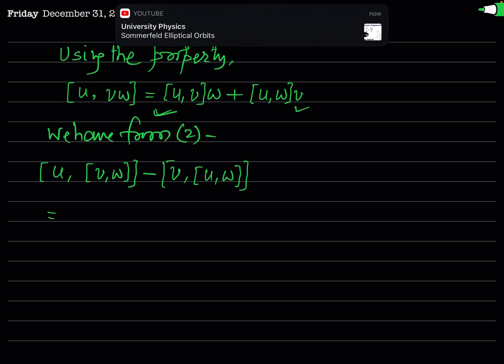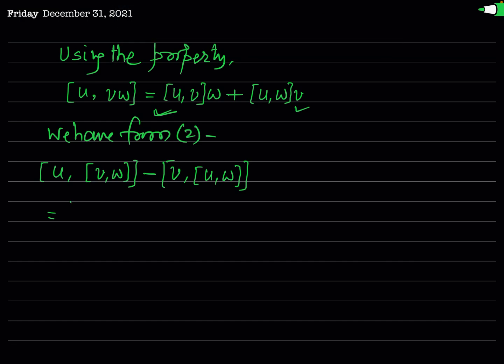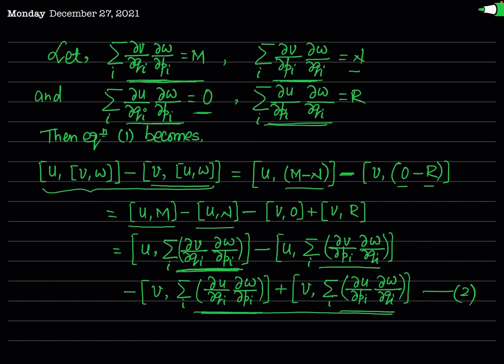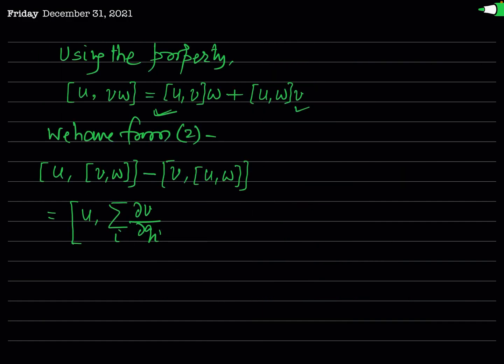This is equal to Poisson bracket of U and summation over i del V by del Qi times summation over i del W by del Pi,